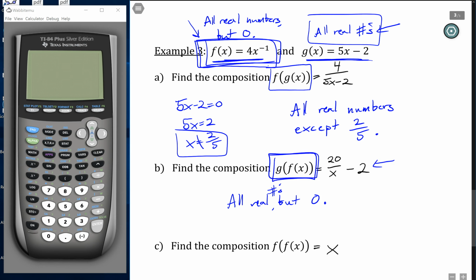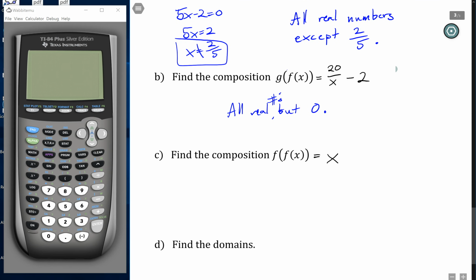Looking at this, I still have the issue. I can't plug in 0 here. That would make me divide by 0, but it looks like the only issue. So my domain here is all real numbers but 0. I looked at f of x to find that, and then looking at the function as a whole, I have the same issue. Finally, this C is a deceptive one, because if we look at the function as a whole,